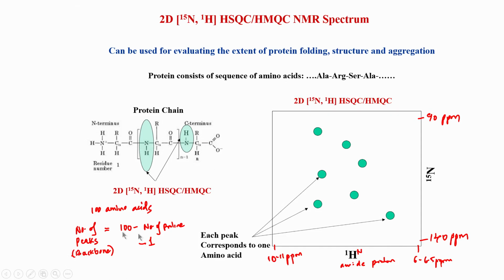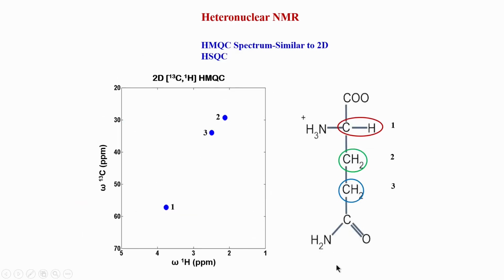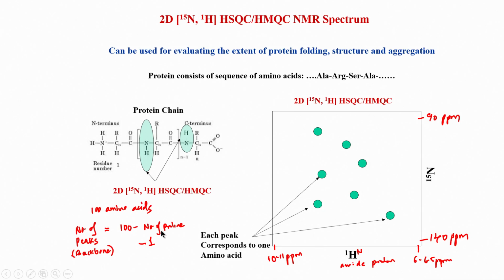Now, in HSQC you are seeing the backbone amides, but you will also see side chain amides. Let me go back a few slides. Here you see there is a side chain amide here also. This is in the case of glutamine. Similarly, if you have asparagine, there also you have CONH2. Such an amino acid also has an amide group, so it will also appear in the HSQC spectrum. So, the number of peaks is not simply given by the formula which I wrote; additional peaks will come from the side chain.